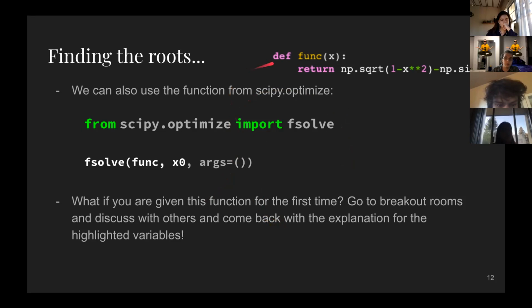Can somebody tell me how many elements the fsolve will spit out in an array? If you take in that function and give it some guesses for x naught, it will spit out an array, but how long would that array be? Feel free to type it in the chat or speak out.